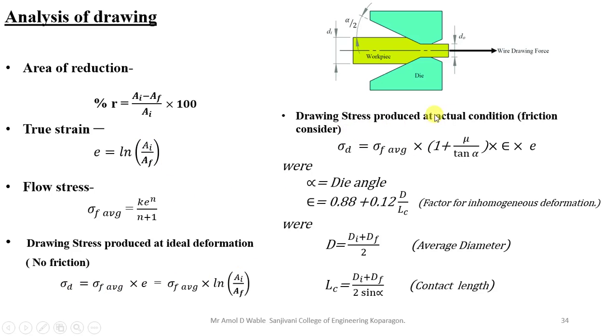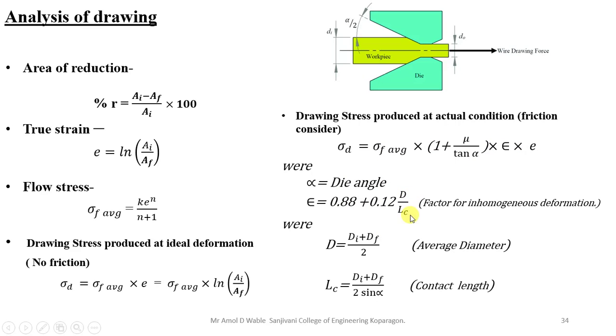Then drawing stress produced at actual condition. In practice, you will find that there will always be friction between your workpiece and the die surface. Due to that, your drawing stress will change. So what is the formula to find it in case of friction? You have to take it as average flow stress into (1 plus mu upon tan alpha), bracket close, into phi into epsilon, where this phi is what? Its value is 0.88 plus 0.12